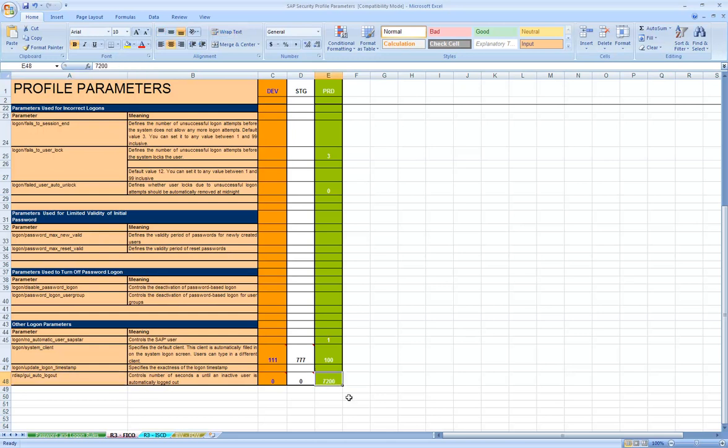For example, in this case, the value for rdisp/gui_auto_logout is set to 7200 seconds. That is approximately how many minutes? So this is 2 hours. If for 2 hours there is no activity on the SAP system, then the system will automatically terminate your session. Now 2 hours is a very long period of time.